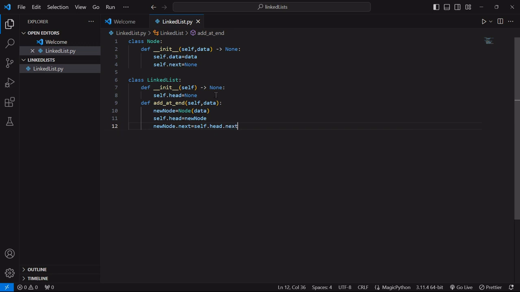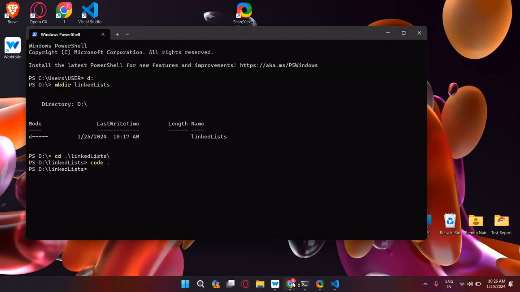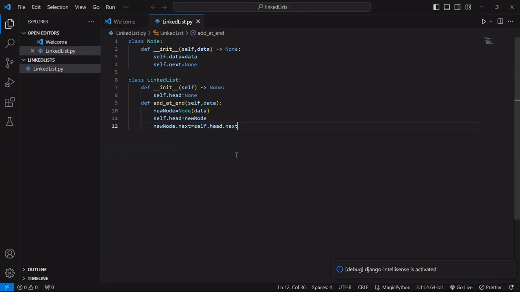Self dot head dot next means, okay, I think I messed up a little bit. One second. Okay guys, I found out where I messed up. We actually have to say new node